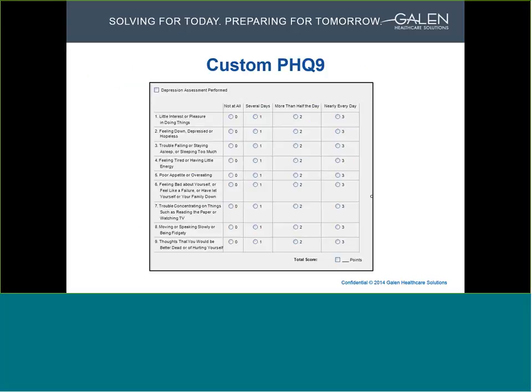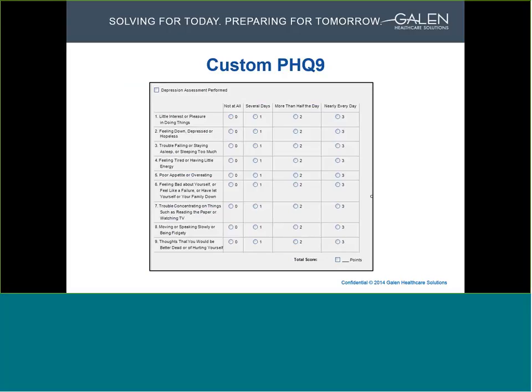Here's an example of a custom PHQ9 form that a client set up to assist with their PCMH reporting. In the upper left-hand corner, you can see that there's a checkbox that shows that a depression assessment is performed. I'm sure at some of your organizations, depression assessment is something that we hear of all the time that's tied to different incentives, making sure that they're performed, and not only that, but what the score is. So in the lower right-hand corner, we've got a box